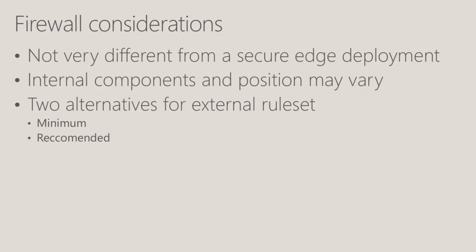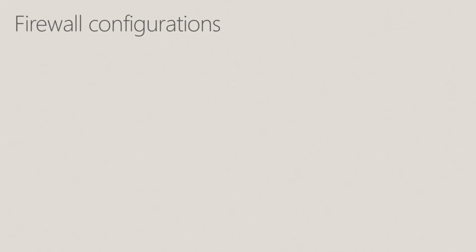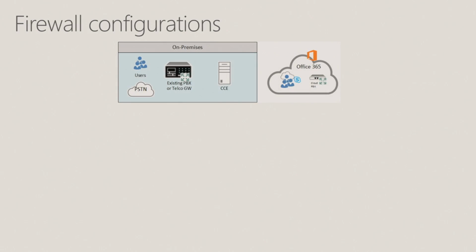The minimum configuration, as we're going to look at right now, will force all media traffic from clients on the outside to go through the Office 365 Edge services directly to your Cloud Connector Edition Edge service. So if you have an express route, that would make sense. But if you don't want that traffic to go directly, but you want users roaming around to connect directly to your Cloud Connector Edition, then you should use the recommended version.